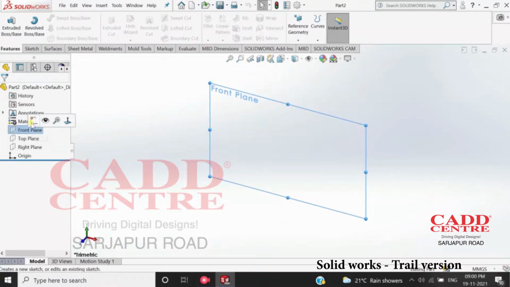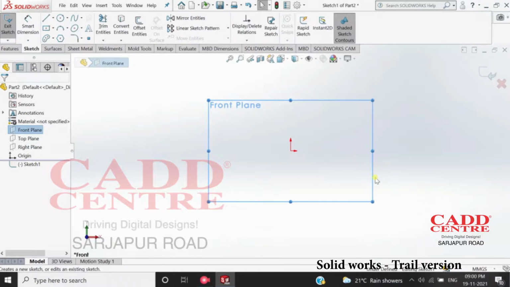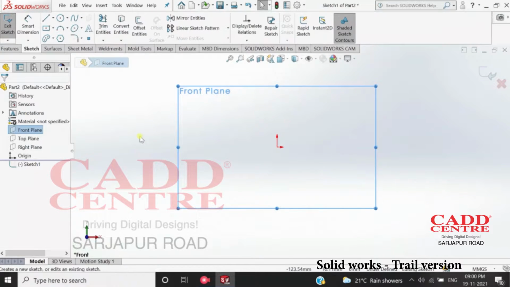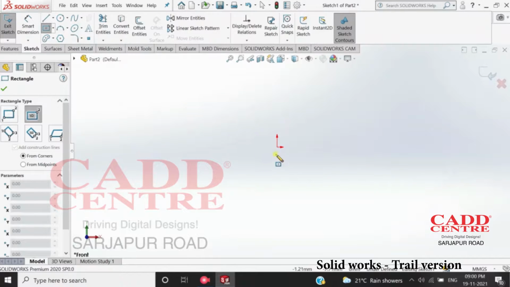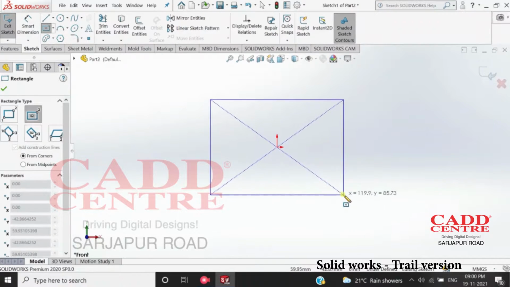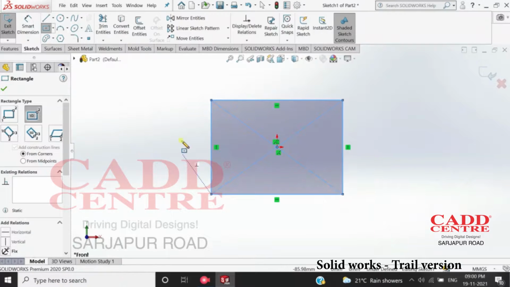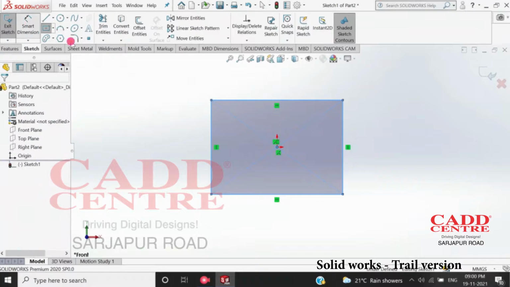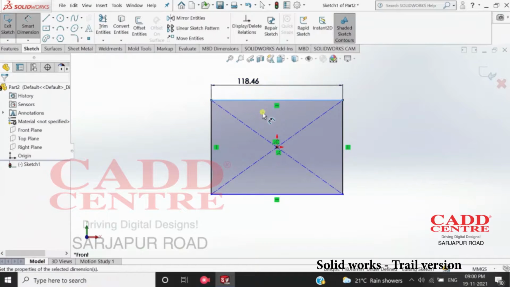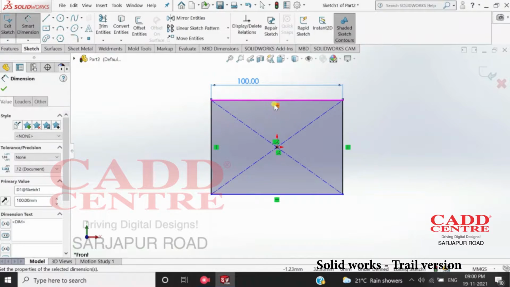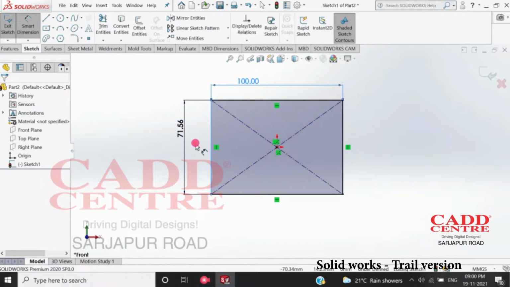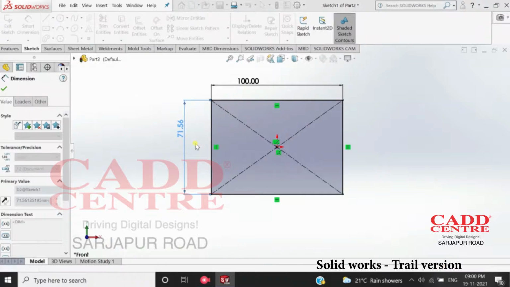So let's continue. Here I'll discuss a little bit about parametric modeling, on which SolidWorks works. In parametric modeling, first we have to give some constraints to any profile, whatever it is. Just see, I'm dimensioning it at 100. So 100 is the horizontal dimension and 100 will be our vertical dimension.